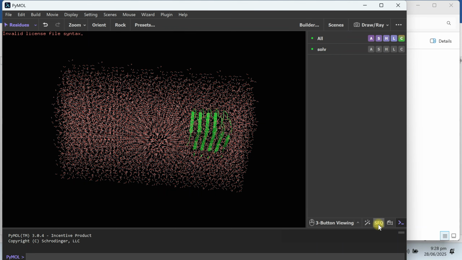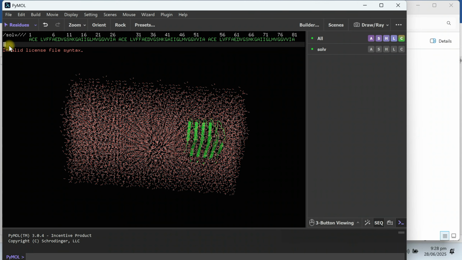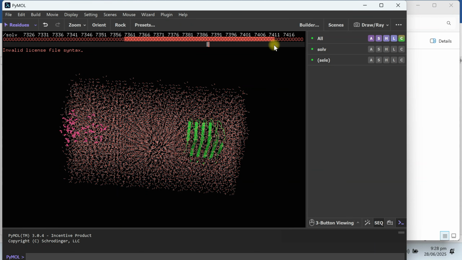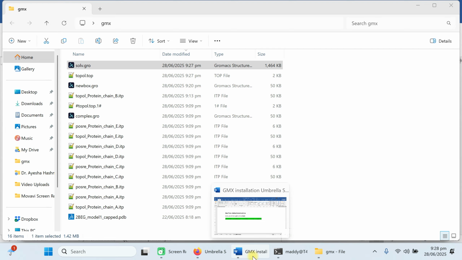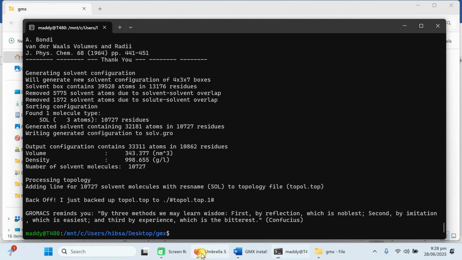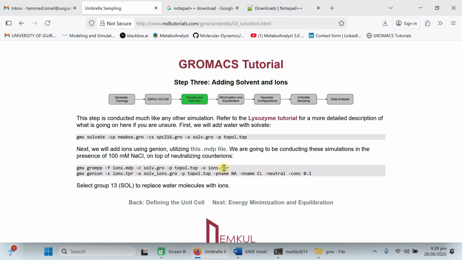If you open it in PyMOL, you can see that your protein has been solvated. These are all solvent molecules. So click on the sequence and go to the end. You can see these red dots. These are basically solvent molecules. So come back to our